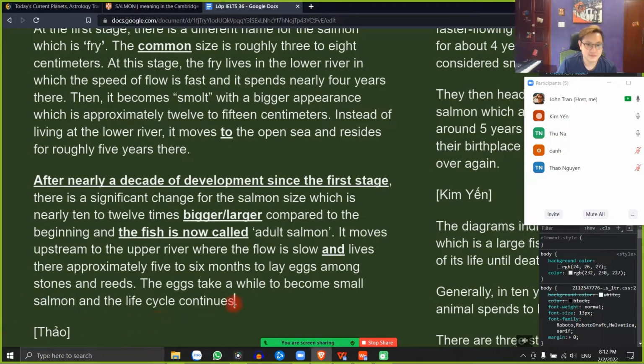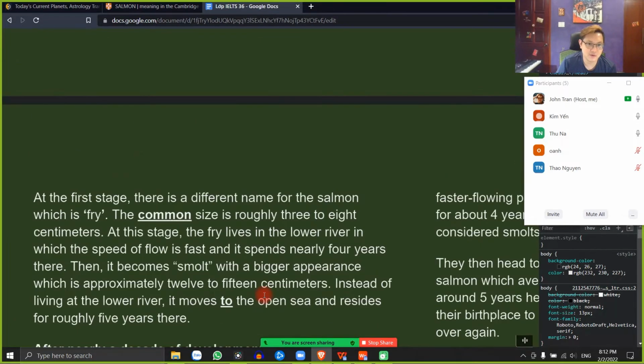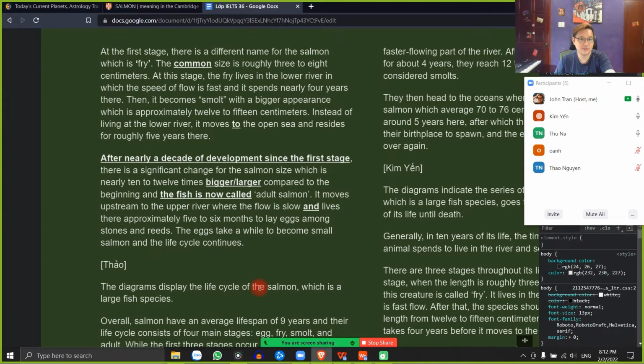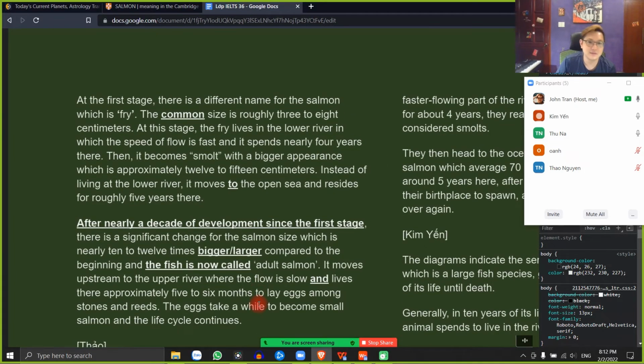And the life cycle continues. Alright, looks okay. Just a few places where the meaning could be made more clear, you know. Có vài chỗ là cái ý nghĩa nên được làm cho nó rõ ràng hơn thôi. Nhưng mà nhìn chung là ổn. Nó vẫn chưa có được cái sự rõ ràng thì nó làm giảm điểm xuống, nhưng mà bây giờ thầy làm rõ ràng hơn xíu, tăng điểm lên thôi. You need to improve on your clarity, you know, like the flow of logic, coherence and cohesion. Okay, but overall it looks fine.